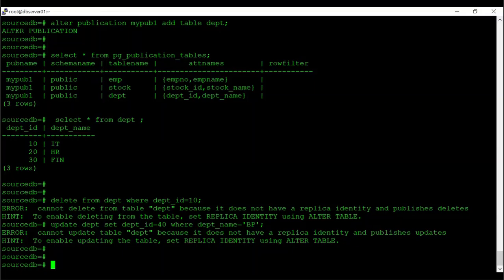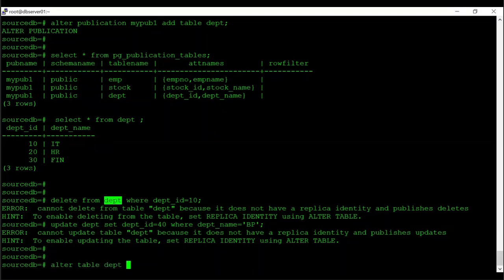Okay. For this purpose, what we can do, but this is not a good practice. You have a workaround to do this, but it's not a recommended way. So basically, how logical replication works, it will replicate based on the replica identity. So it will not go and check each and every row and each and every column to replicate. Based on the replica identity only, it will immediately replicate the data very easily, right? If you don't have a replica identity, it will read the entire rows for all columns and then it will replicate. Okay, so for this, what I can do, I can just say ALTER TABLE,